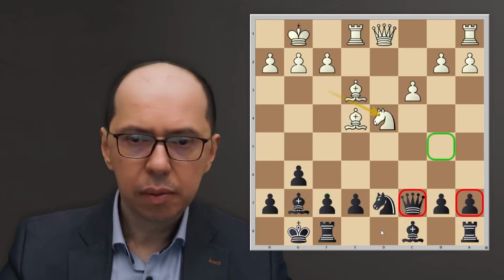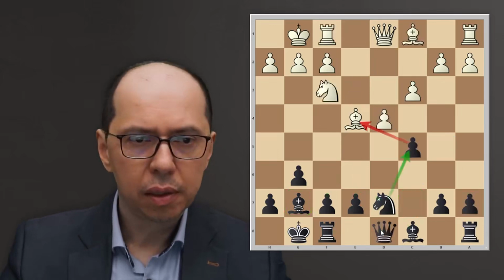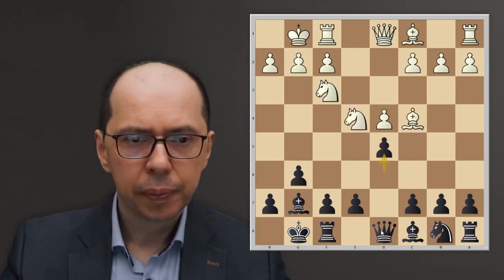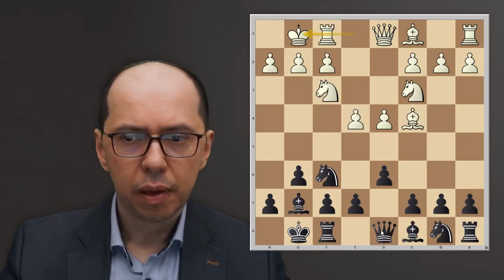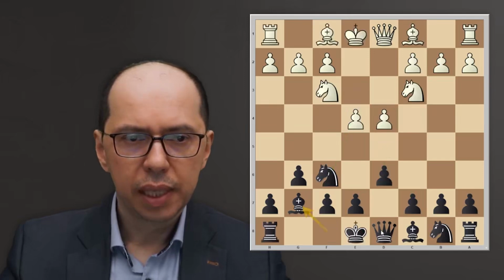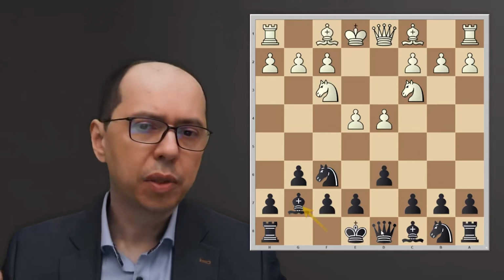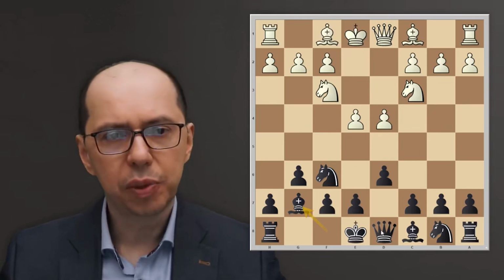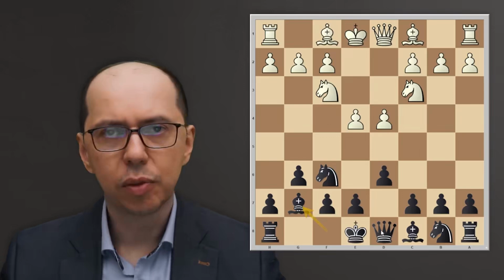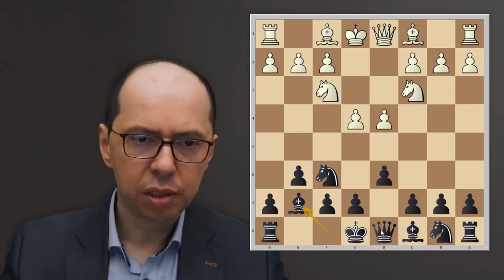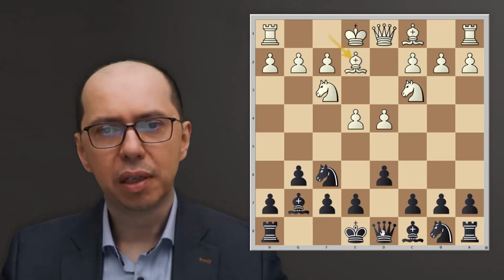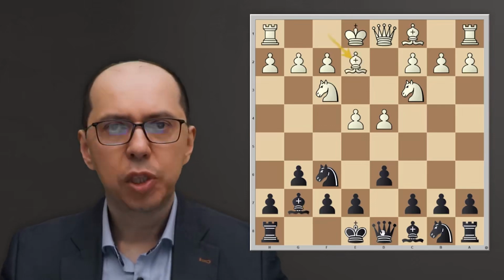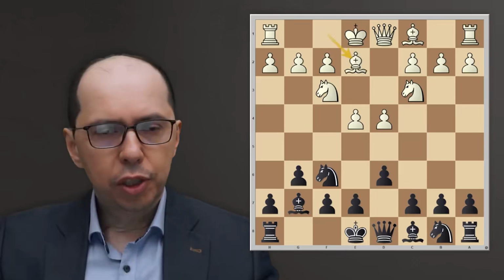And this was the overview of bishop c4 in this position. So we are done with bishop d3, we are done with bishop c4, and I think the time has come to turn our attention to the main move, the most classical way to play the classical variation, bishop e2. So the bishop e2 move,